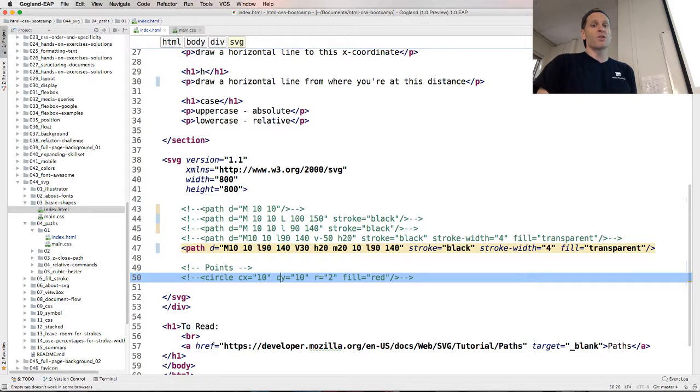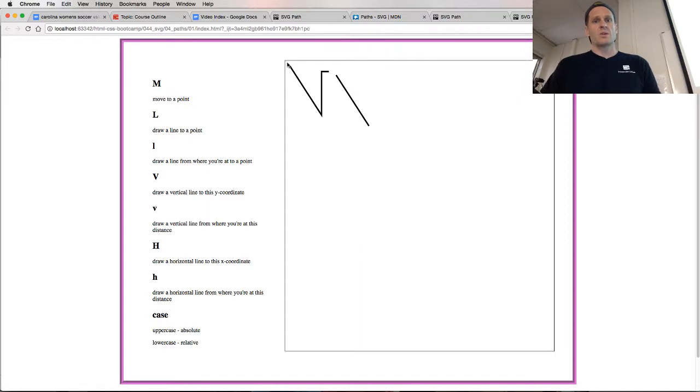And now create a vertical line from the origin at 30. All right, so let's see what that looks like. So it went down, and then create a vertical line to this y coordinate, 30. So there's the y coordinate, 30. So from here to there, vertical line, 30. And then